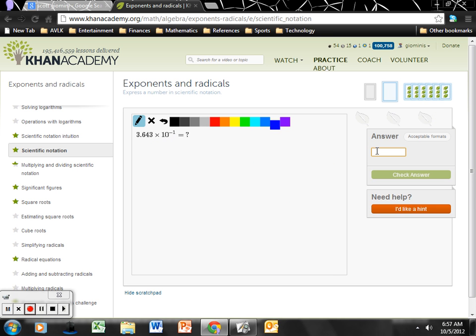Let's take a look. All right, let's try 2 more. Okay, converting this scientific notation into standard. I'm going to come over here. Let's change colors. Purple. It's a nice color. Makes me happy. 3 and 643 thousandths times 10 to the negative first. Okay, I remember negative first is the same as 1/10. Okay, so if I were to multiply this by 1/10, now I could do it the long way and go